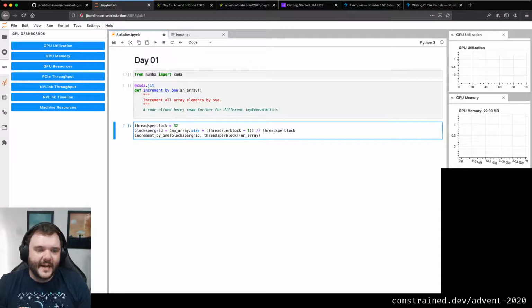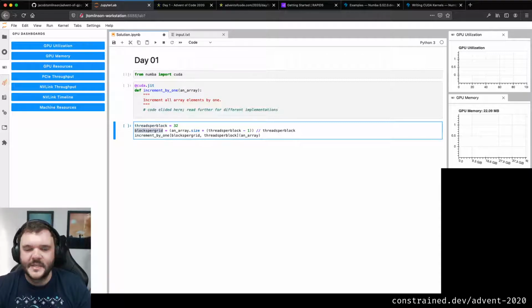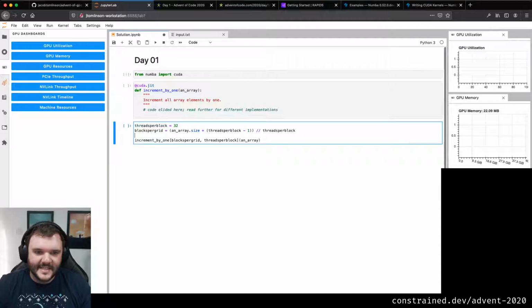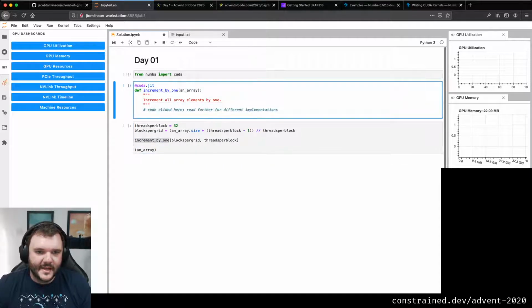So we want to work out how many blocks per grid we're going to have. So the grid is the high level object, blocks are the lower level object, and then threads are the individual calls inside that. So blocks per grid is going to be however big your array is, basically divided by the threads per block. And then the way this gets called is in two pieces here. So let's break this out. So we have our function here, our increment by one function, which doesn't have any code yet,